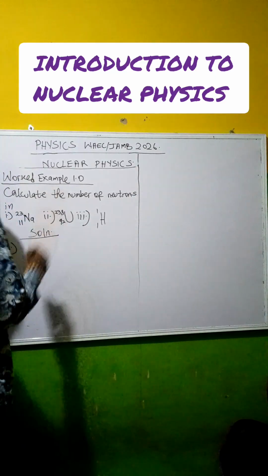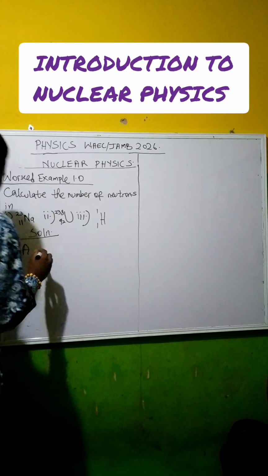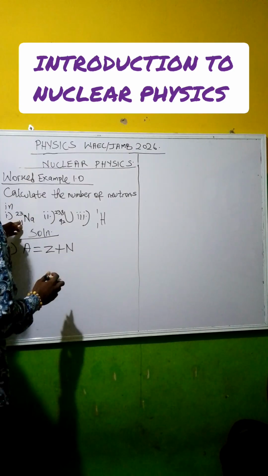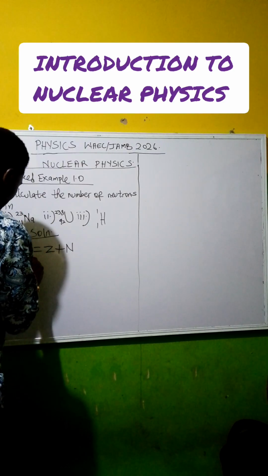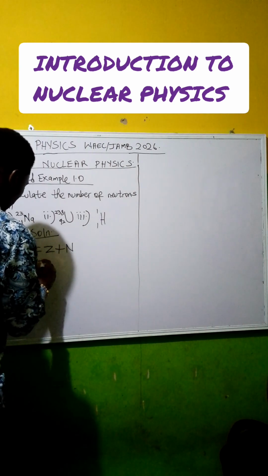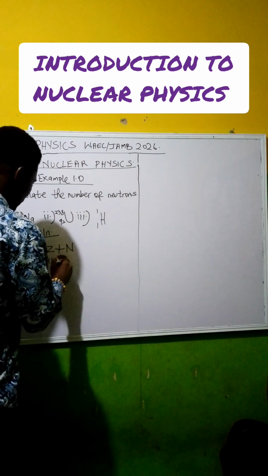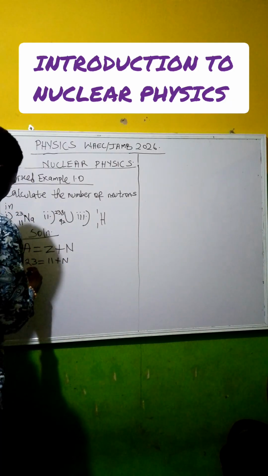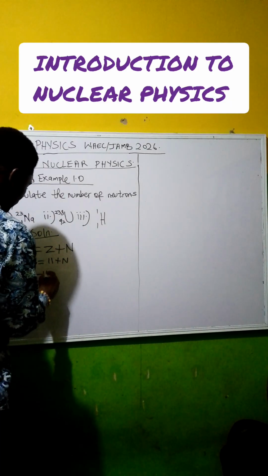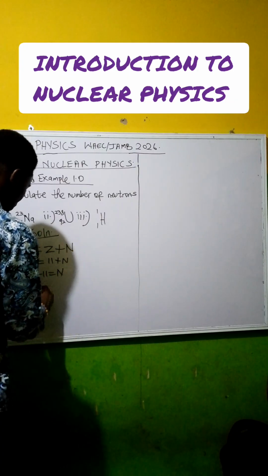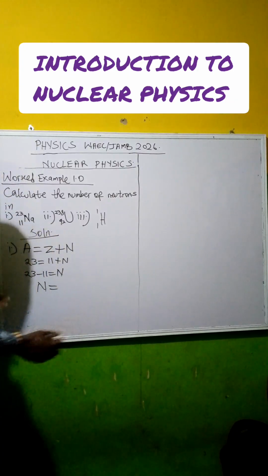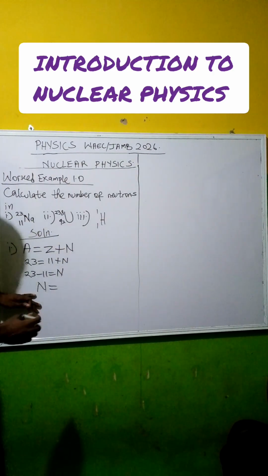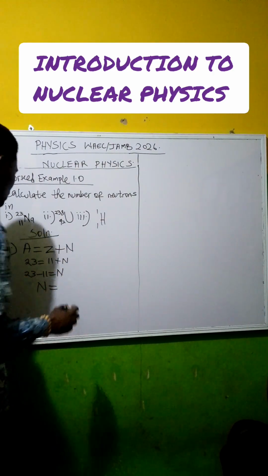Our formula is A equals Z plus N. The mass number is 23, and the number of protons is 11. We are looking for the number of neutrons. If we bring 11 to the other side, we have 23 minus 11 equals N. So our number of neutrons is 23 minus 11, which is